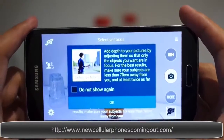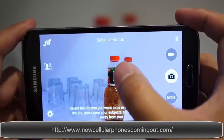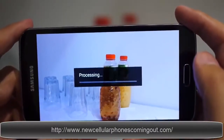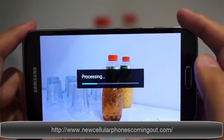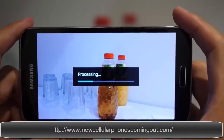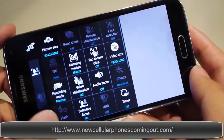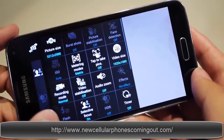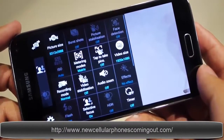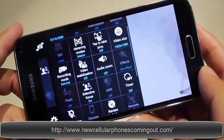When it comes to the cameras, we do see that the 13 megapixel unit on the Galaxy S4 is looking to be trumped by the 16 megapixel ISOCELL sensor that has been introduced in the Galaxy S5. This is a sensor that is supposed to take pictures with less noise and even in low light conditions produce a very nice picture. Now, the camera app on the S5 has also been redone from the S4, touting all of its settings. When you hit the settings button, everything comes up that you'll be able to tweak for good smartphone photography. And in the end, we do see that the S5 is looking to just be a better camera overall